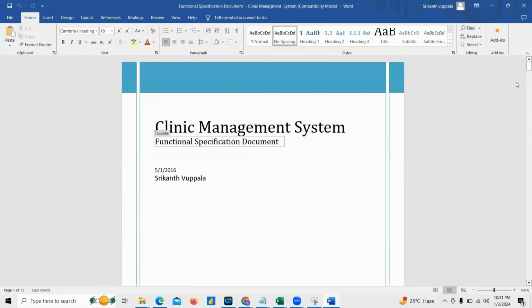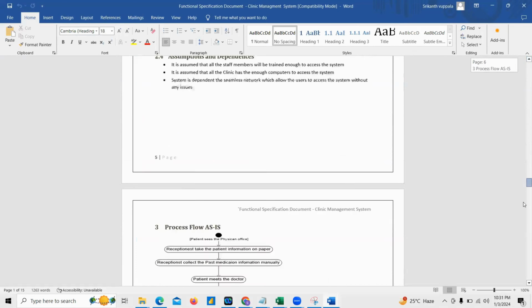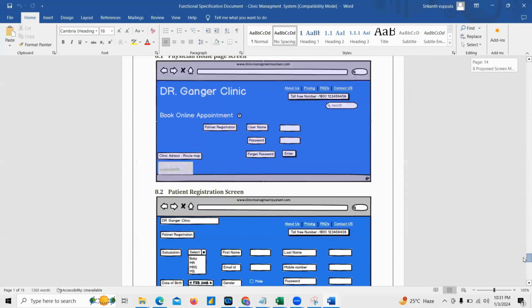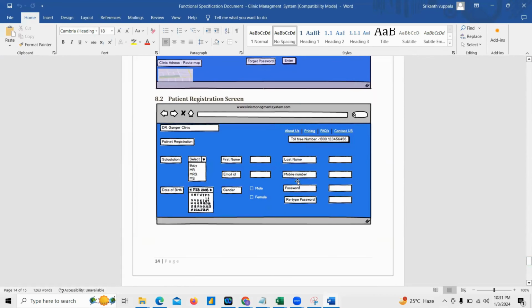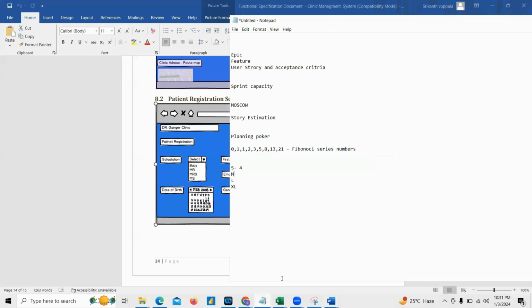These are the screen mockups. You design a sample screen. This mockup is done using the Balsamiq tool. There are many applications in the market, many wireframing tools like Balsamiq. We have Pencil, we have Axure Pro. I'll teach you the concept of how to do these screen mockups, and you can apply it in any of these tools.